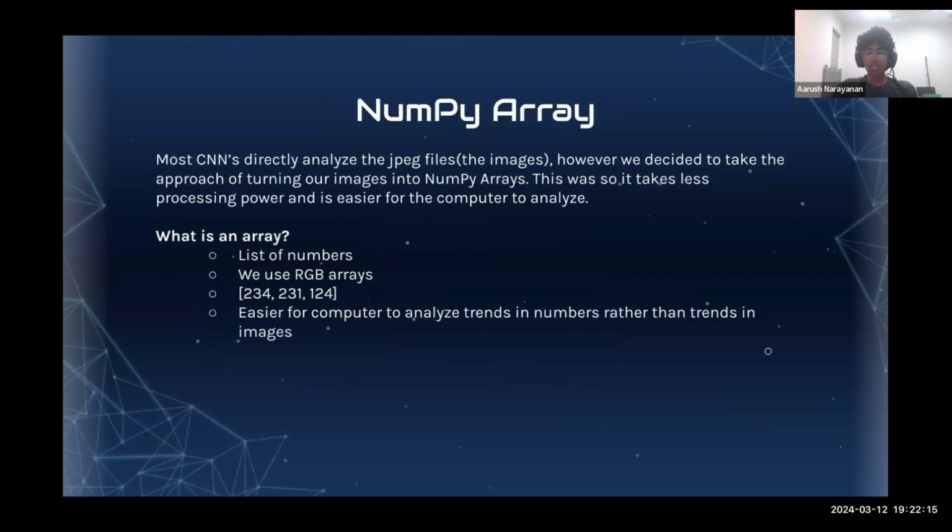Additionally, since we've last presented at our Colloquia, we have implemented a NumPy array into our code. Now, most CNNs will directly analyze the JPEG file, or the actual image itself. However, we decided to take the approach of turning our images into NumPy arrays. This is one, so it takes a lot less processing power since it no longer has to find trends such as oozing, skin tone, etc., but instead it can now look for trends in the pixels, making it easier for